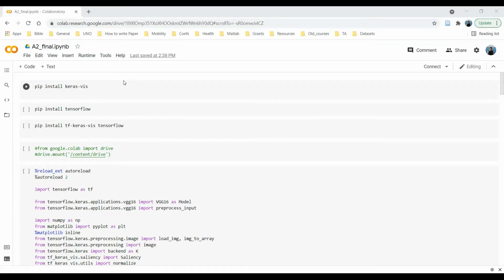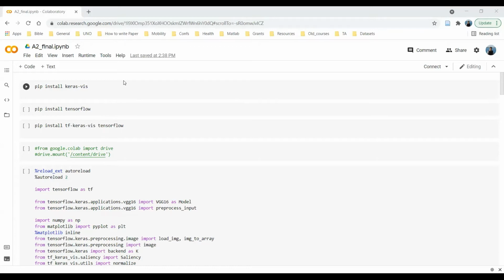Okay, so I have a live demo here. I will be demonstrating both saliency map as well as GradCam for a model called VGG16.